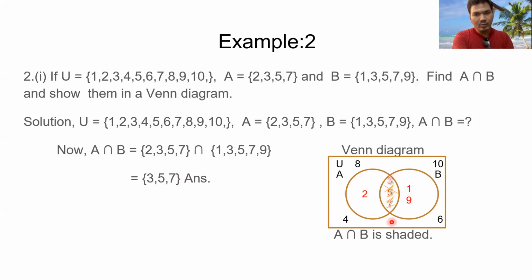And what is remaining of the universal set, right outside? That is 4, 6, 8, 10 remaining. Write them outside. Then you can check whether all the universal elements are there or not. 1, 2, 3, 4, 5, 6, 7, 8, here is 9, and here is 10. Altogether they represent the universal set. And this shaded part is A intersection B. Don't forget to write this: A intersection B is shaded. Like this we have to find it. Okay, now let's move to another.